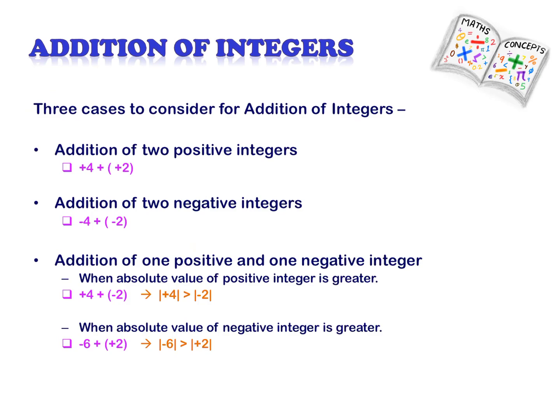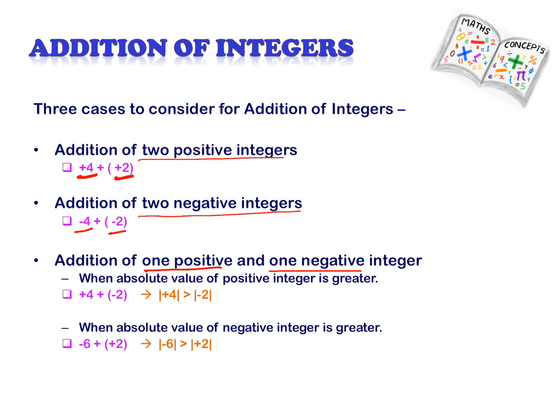You know, integers consist of positive numbers, negative numbers and 0. Because it has positive as well as negative numbers, there are 3 cases in case of addition of integers. Addition of 2 positive integers, second one is addition of 2 negative integers, and third one is addition of 1 positive and 1 negative integer. Here I have also given examples. Addition of 2 positive integers means plus 4 plus 2. Addition of 2 negative integers, and then in case of addition of 1 positive and 1 negative integer, we have